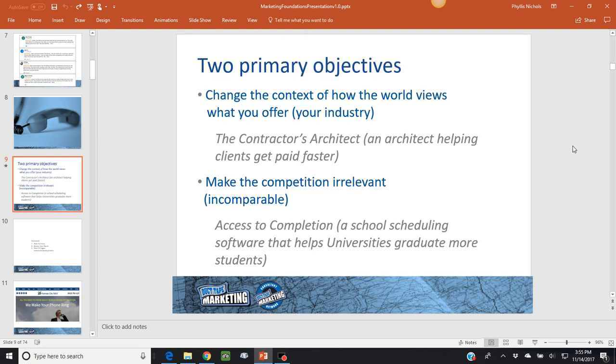Another example is, again, a software company that has software that they market to very large universities that helps schedule classroom space. So, at the university level, when they're offering hundreds, if not thousands of classes to tens of thousands of students at a time, they have to have pretty robust systems to say, we need 20 students and an instructor in this class, and where's the free room, and where's a classroom size that's going to accommodate people in this course, and so on and so forth. Apparently, this is a really big, complicated deal. I never really thought about it before, but it makes sense.